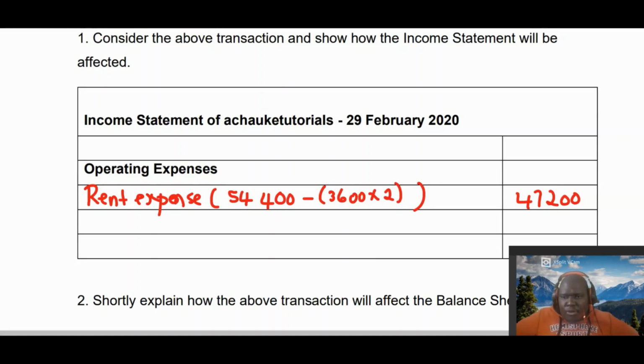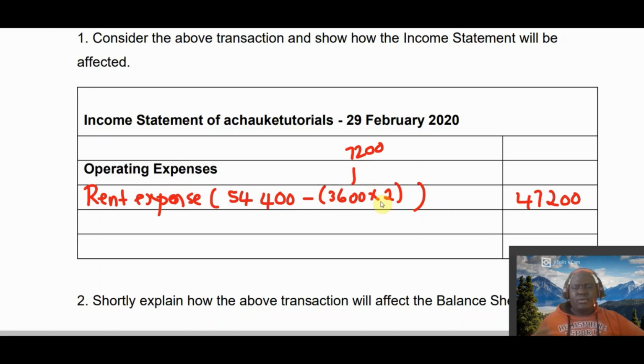So when we go to the income statement, we are expecting you to show that there was a reduction of 3,600 times 2, or you don't necessarily have to put this 3,600 times 2. Somebody can decide to write 7,200. But then the most important thing is that in accounting there are marks for you showing how you did